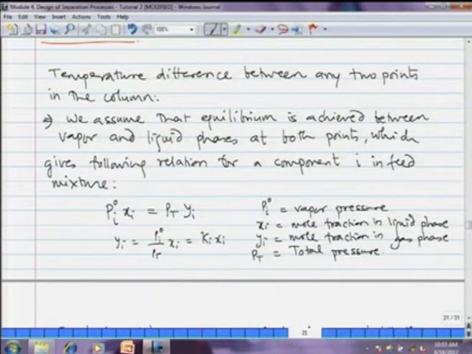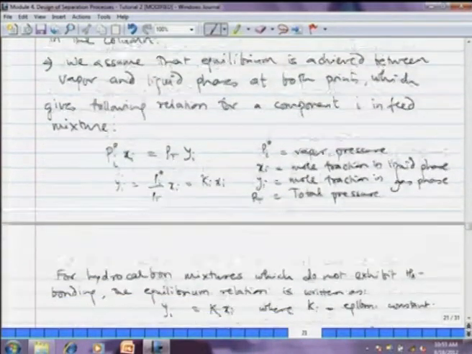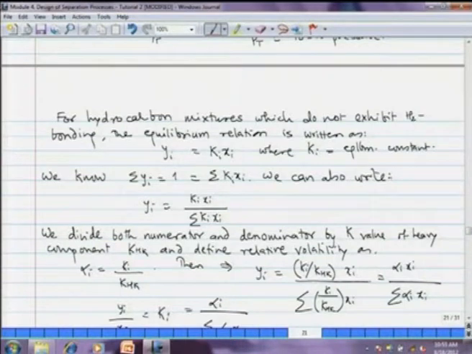mole fraction of that component in gas phase, and then we can rearrange that equation as yi is equal to Pi naught by Pt into xi, and Pi naught by Pt, this ratio, vapor pressure to total pressure, is denoted as capital Ki, where Ki is the equilibrium constant for that particular component. Now, before we proceed, we have to derive a small relation. We are talking of mixtures that are close boiling. So, these are very typical of hydrocarbon mixtures.